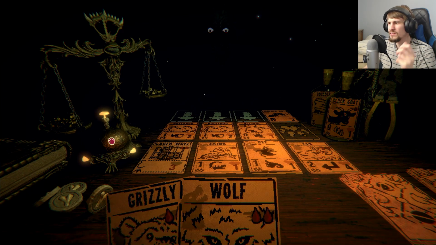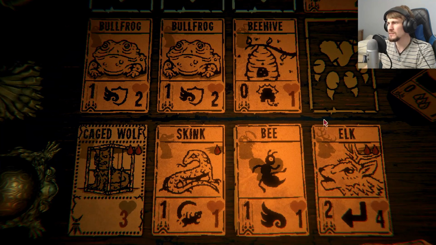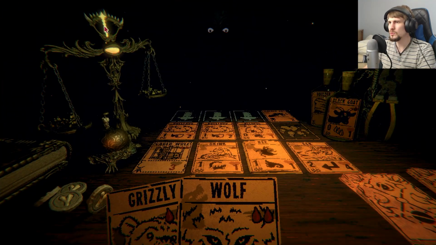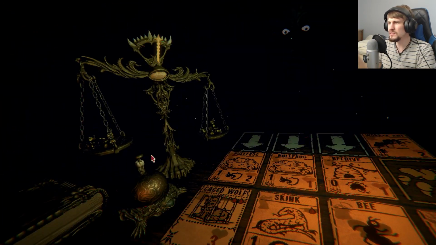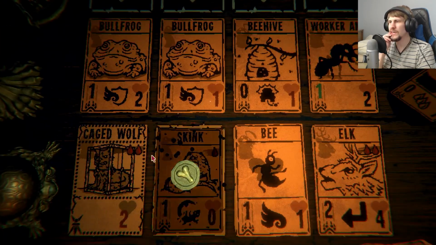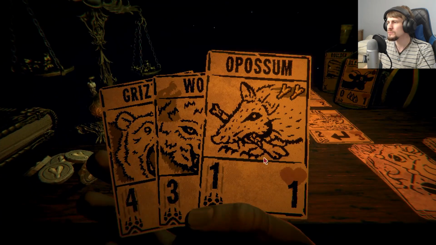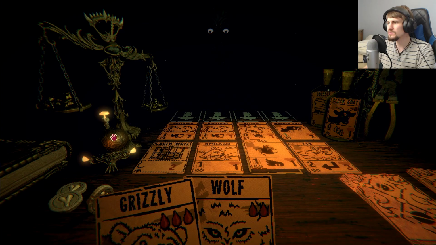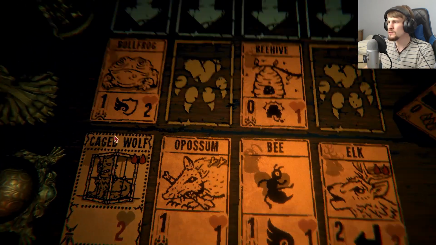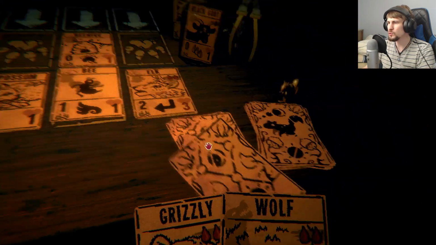I'm kind of tempted just to end the turn here. The skink's going to die, the bee will stay there and get the one in. The elk will do 2, so that helps bring us up a bit more. I might actually just keep going, because this is the first time I've gotten the Caged Wolf actually out. Yeah, you know what, I'm going to just do that. Let those go along. And just so I can actually get the Caged Wolf out of its cage...